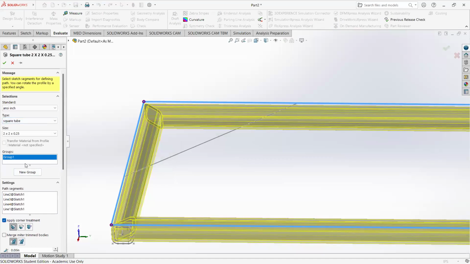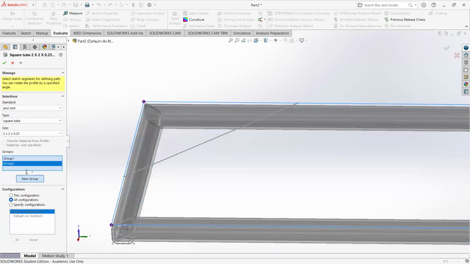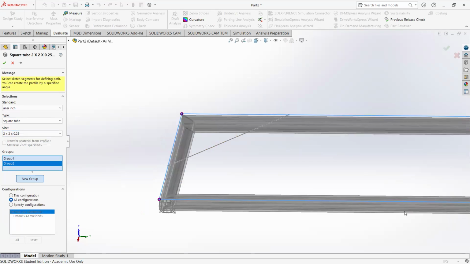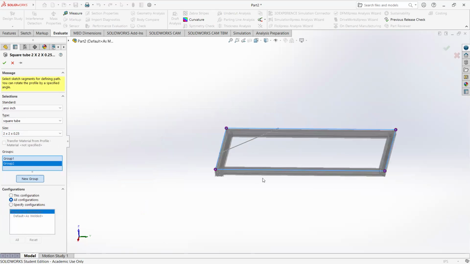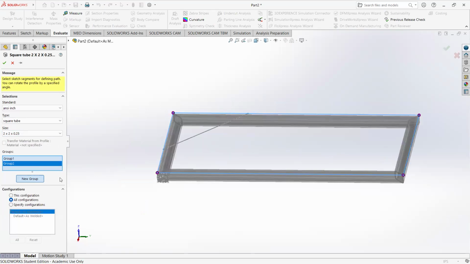I'm going to create a new group because I want it to still be 2x2 steel, but I'm now outside of the main path of what that steel is doing for me. So I've created a new group. The original group is still there. If I click on it, it's yellow. New group, nothing is yellow because I haven't actually selected any lines for it to extrude along. So we've created the new group,